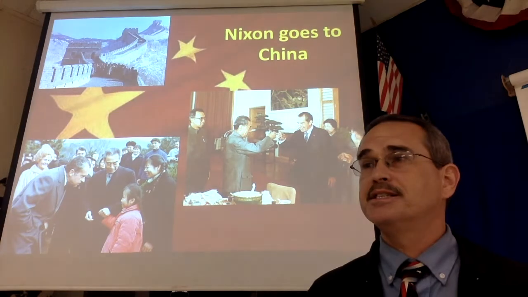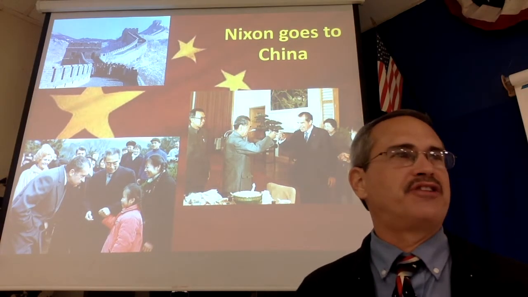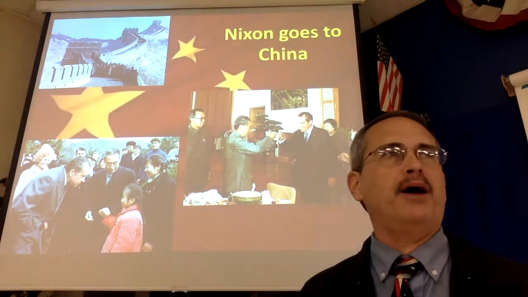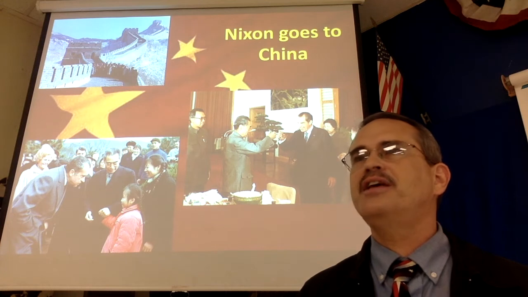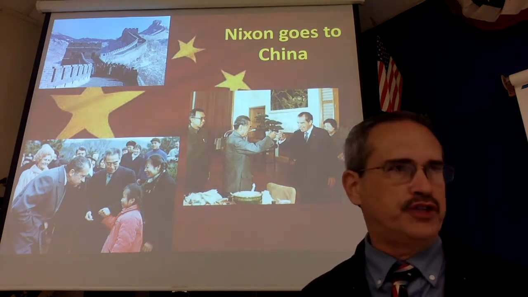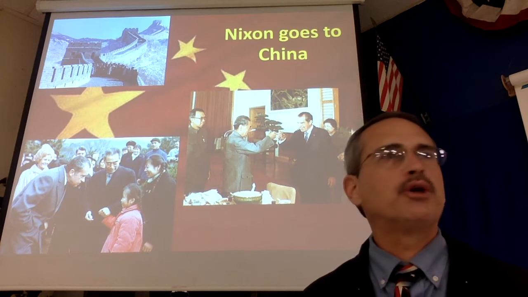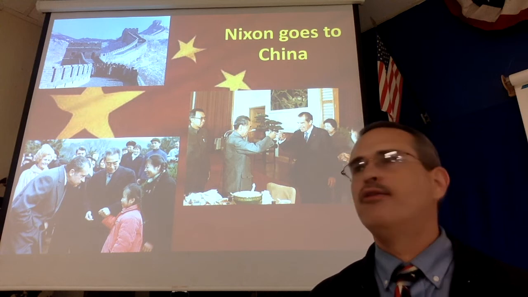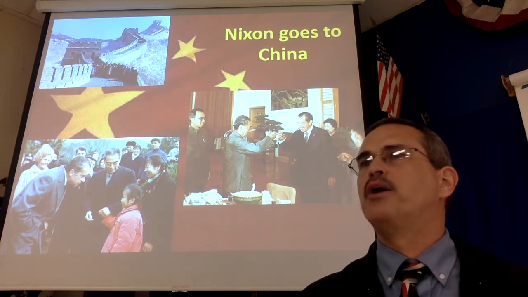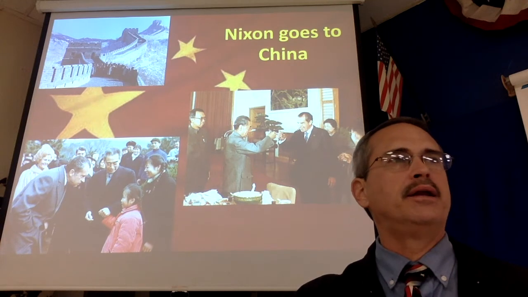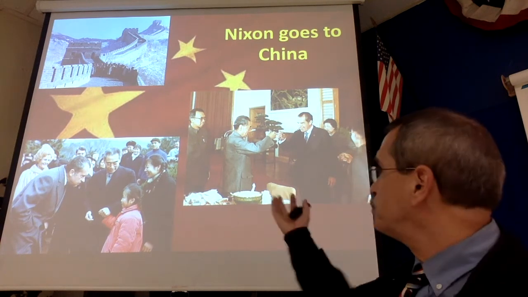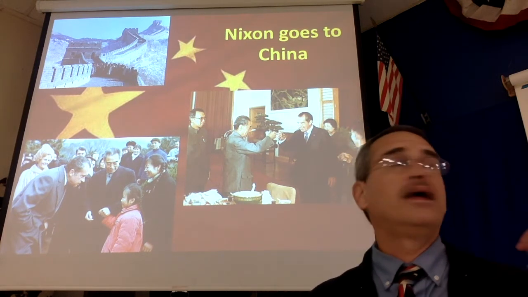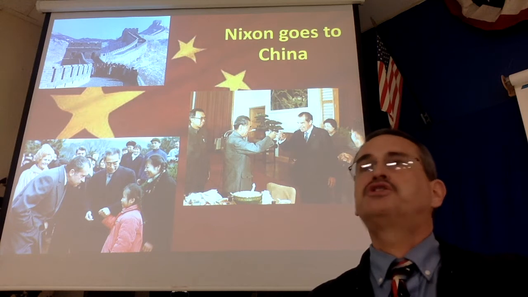But the Republicans, they portray the image that they're tough. So when they actually get into office, people don't question whether they're tough on communism. So they can actually start making peaceful overtures. It's that weird sort of political contradiction here. The Republicans who talk tough on communism are the ones who have the ability to reach out with the olive branch, which is what Nixon does. Nixon opens us up to China. He starts befriending them. He goes to China.